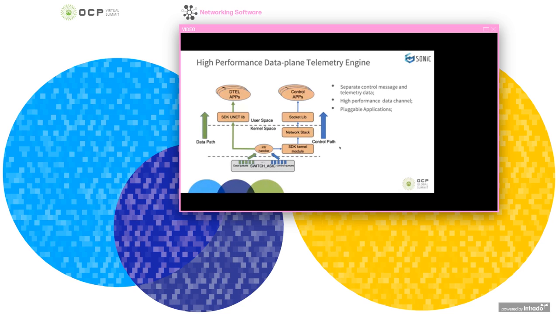For a lot of the telemetry use cases, we would like to collect data from the chips and switch ASICs about the data plane activities. Today, there's only one path between the switch ASIC and the CPU, which is basically the control path on today's SONiC. The control message from the switch ASIC will go through a bunch of control queues,